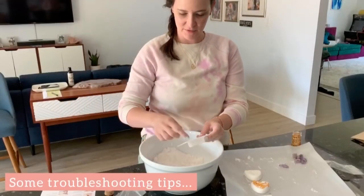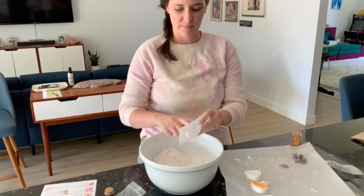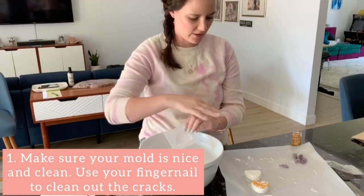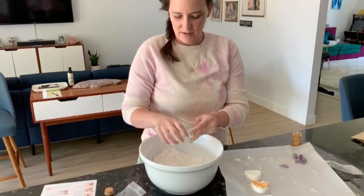Troubleshooting tips: if you're having a hard time with them coming out of the mold fully, make sure that your mold is really clean, and get your nail and rub it through these little inner lines to make sure that it's nice and clear so that the rainbow comes through really nice and neat. Another tip is